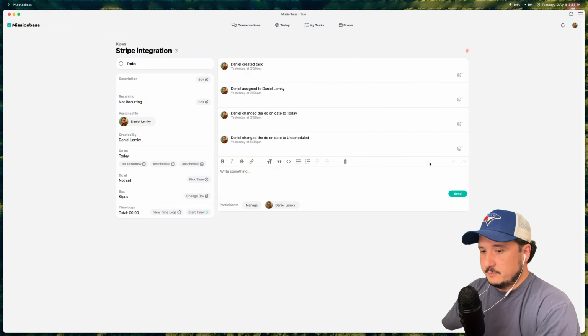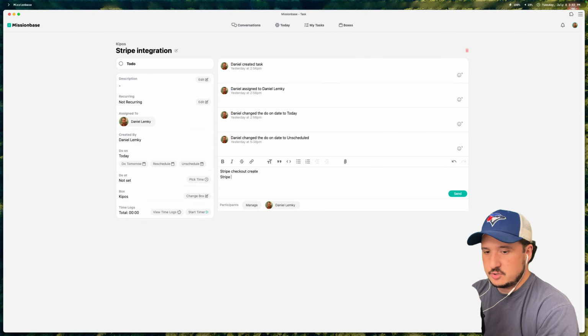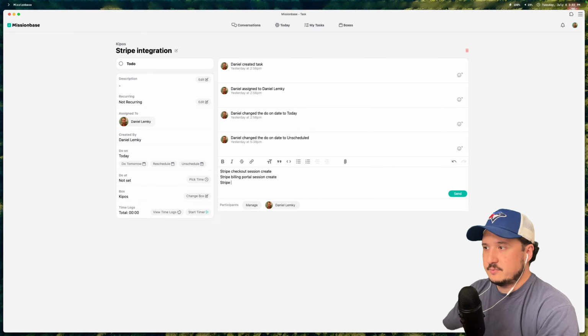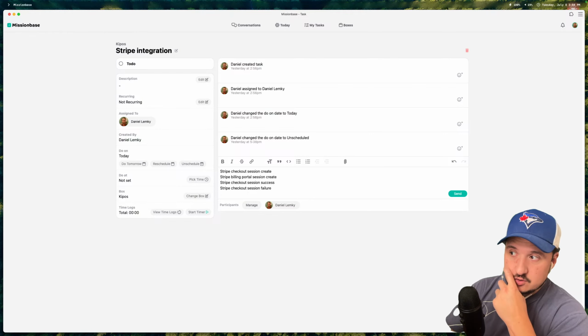So we need to create Stripe checkout. No, not Stripe checkout. Stripe billing portal session. Create Stripe session, checkout session success, Stripe checkout session failure. Okay, so we have